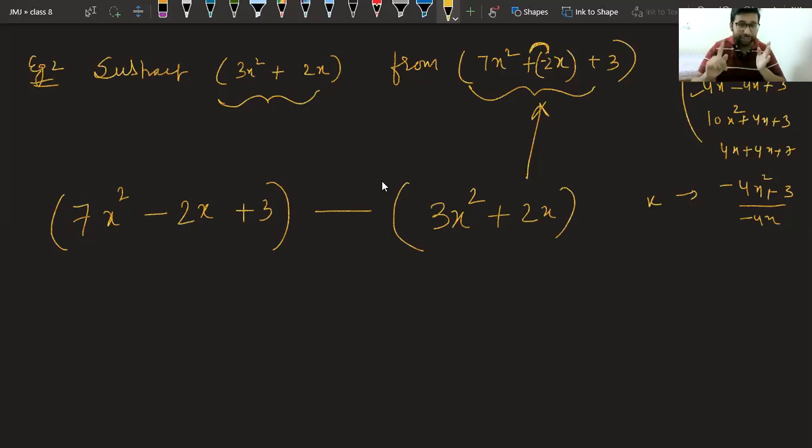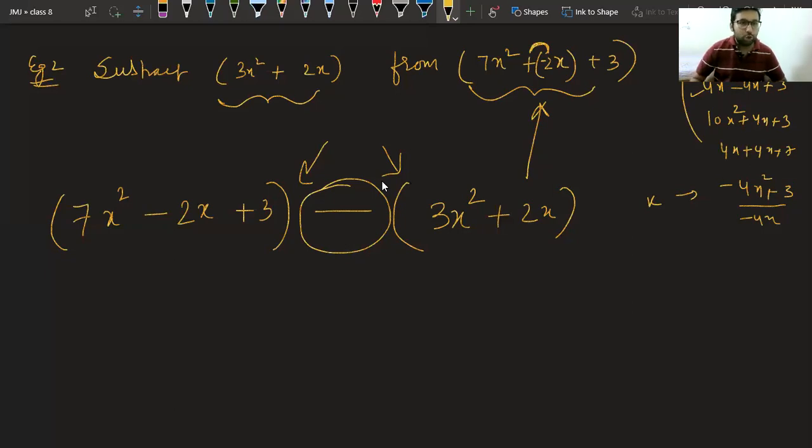Class, again I am reminding you, always put a bracket before starting the question, because if you have a negative sign, you can have the impact of it. Okay. Now tell me. Joel is saying 4x square minus 4x plus 3. Okay, Joel, sorry, I'm not saying it is correct. I'm saying you have also given an answer.